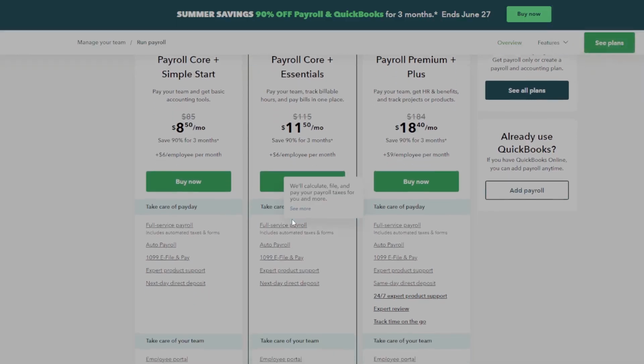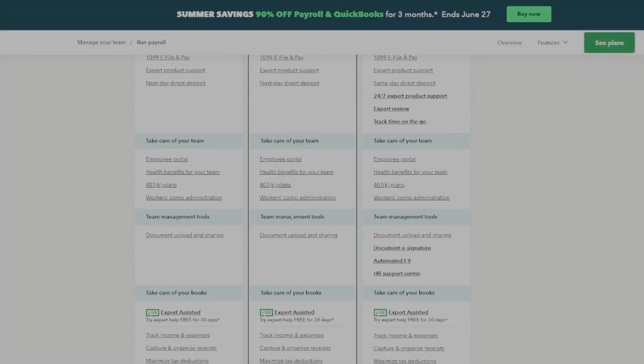And that's it. QuickBooks Payroll is now activated and ready to automate your employee payments, tax filings, and year-end forms